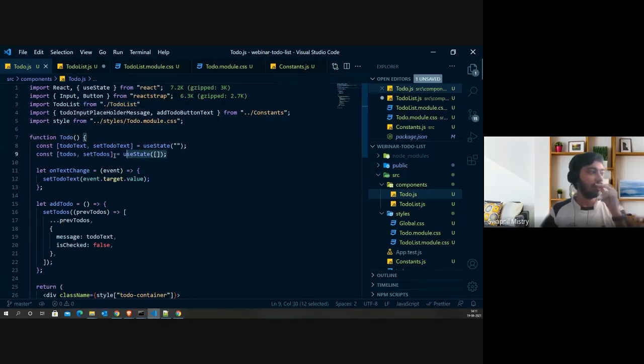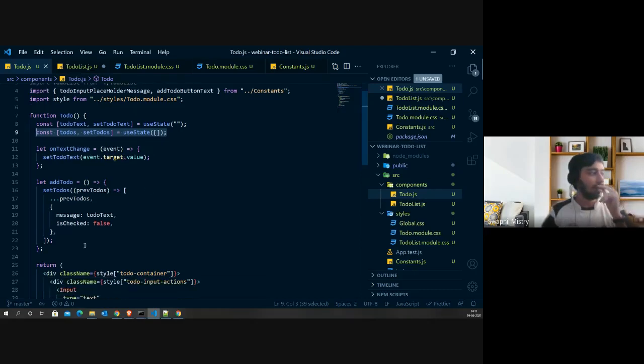Okay, then we just created two states as of now, one for keeping track of the input text which one enters into the input on the UI, and the second to keep track of the to dos which the user will enter. Okay, and we created a couple of functions.